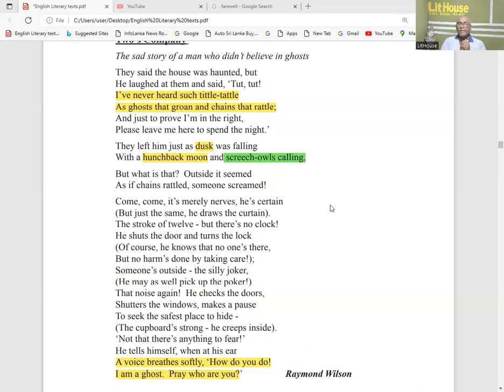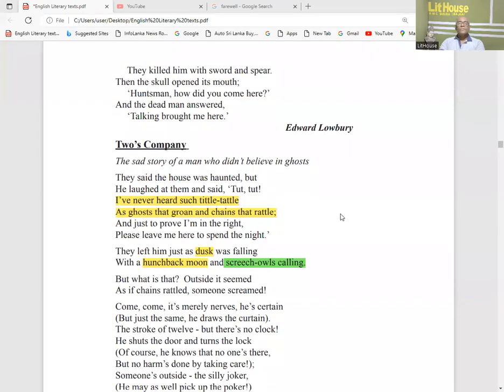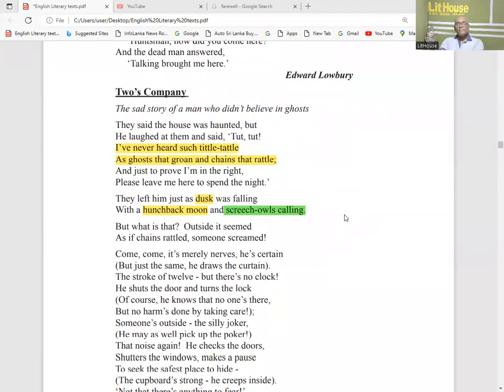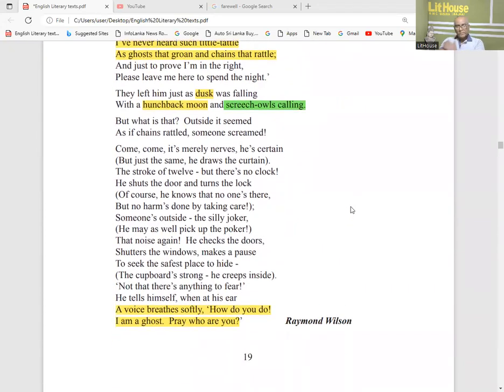R-A-R-E-L-Y. Full stop. As the poem Two's Company is a narrative story,